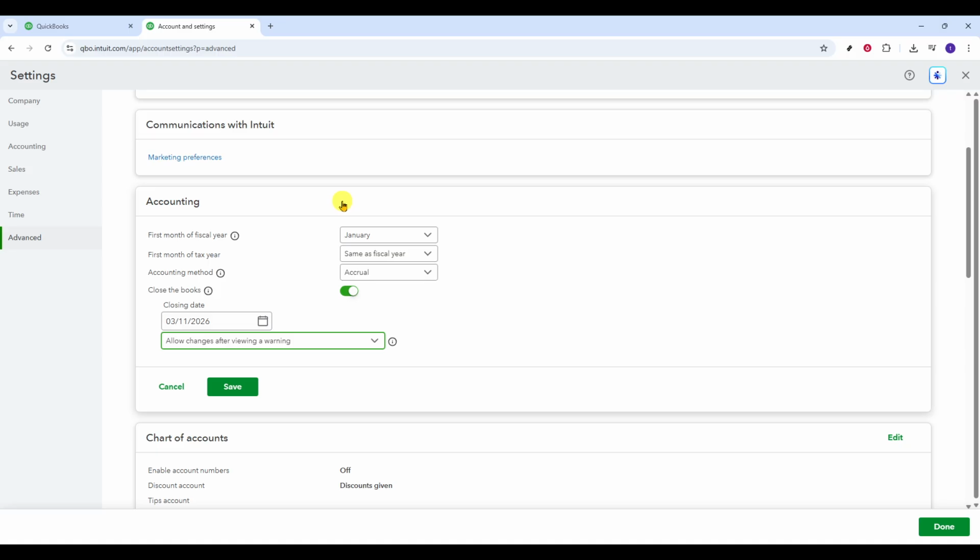If you ever need to adjust something, you can return to the same advanced accounting section to update the closing date or temporarily change the protection setting. Just remember to document any changes and resave when you're finished. As a final tip, run and archive your key reports like profit and loss and balance sheet so you have snapshots that match your